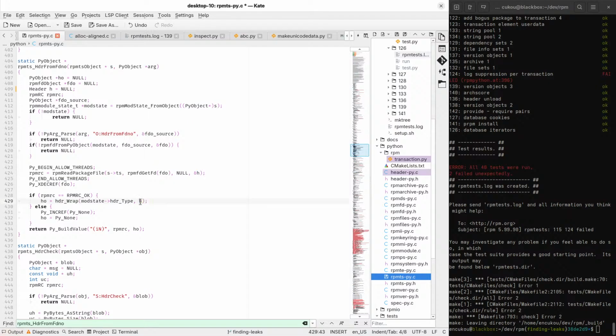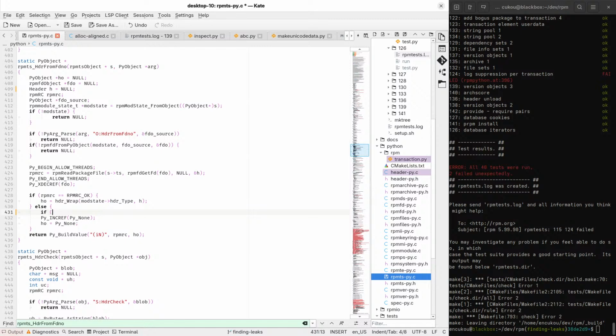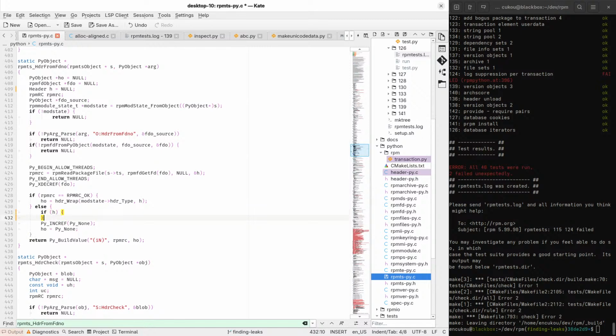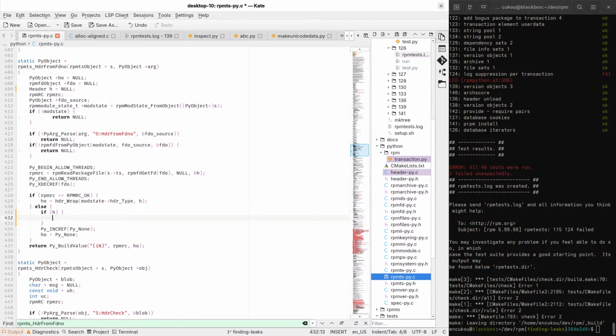But if you return none here, and this function did touch H, did set it to something, well, I hope header is a pointer.